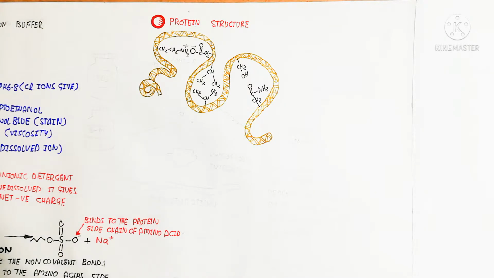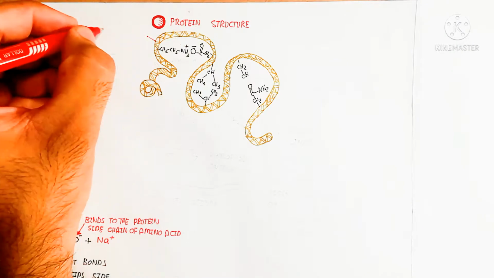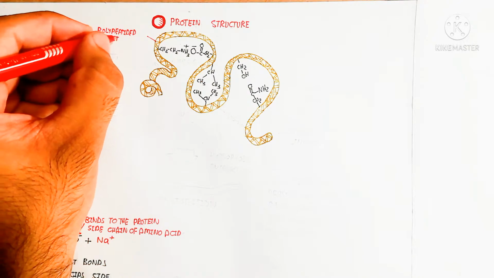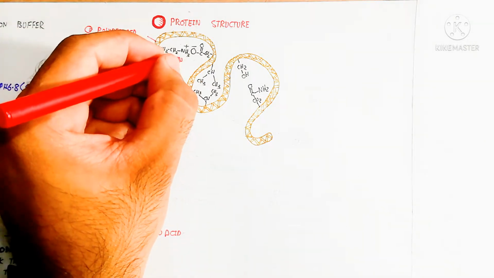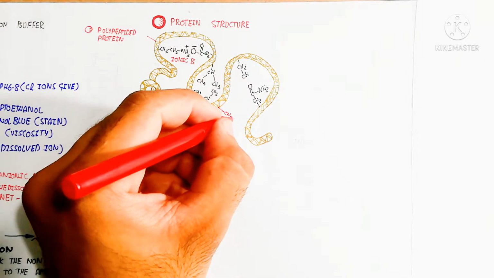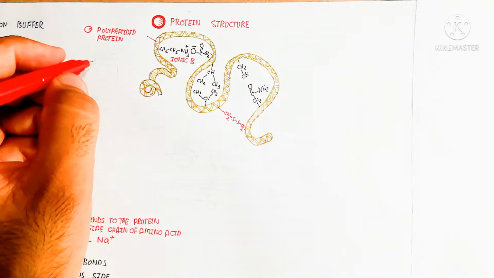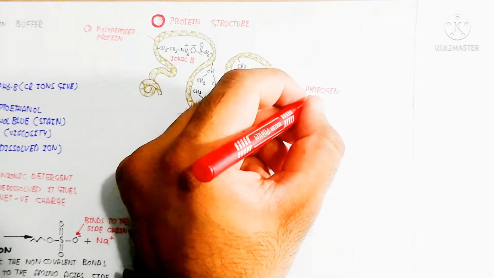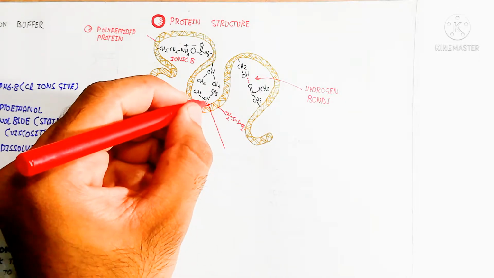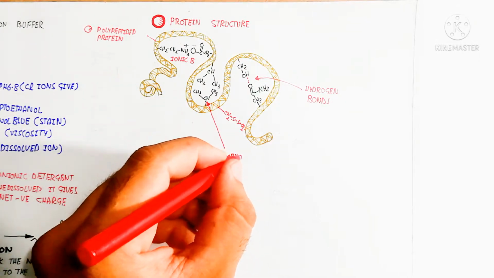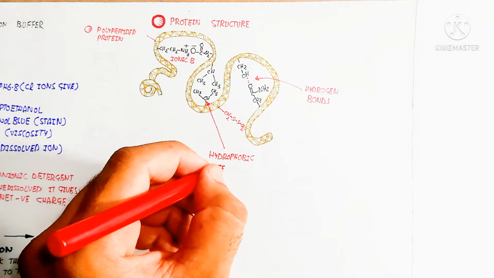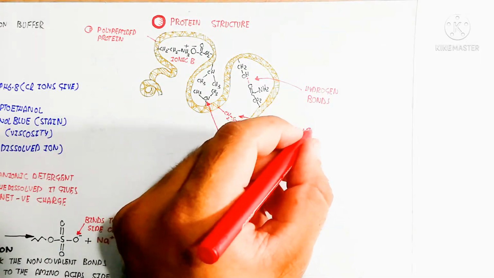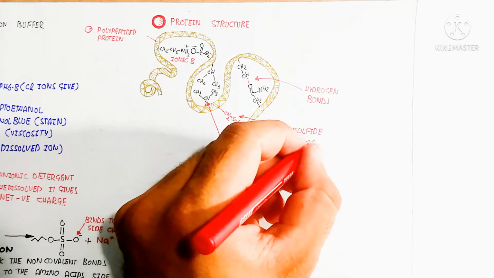So here is the protein structure, a polypeptide protein containing an ionic bond here and a disulfide bond here, which is targeted by the beta mercaptoethanol denaturation buffer. Hydrogen bonding and hydrophobic interactions are also disrupted in denaturation. SDS is also used for the ionic dissociation. After this dissociation, the protein converts into a linear chain from the quaternary or tertiary globular structure to a primary structure like that.